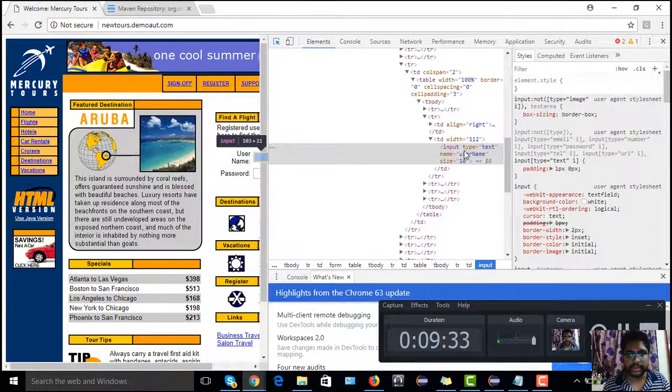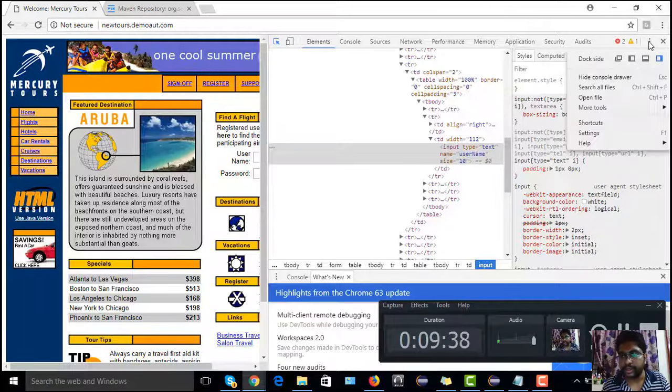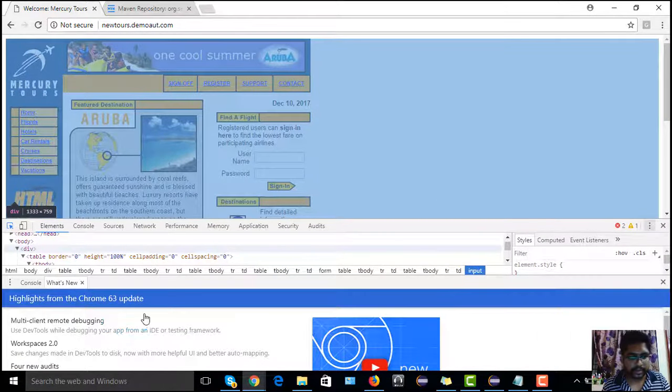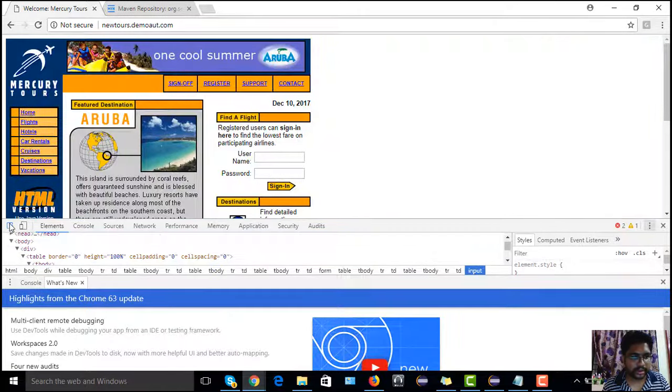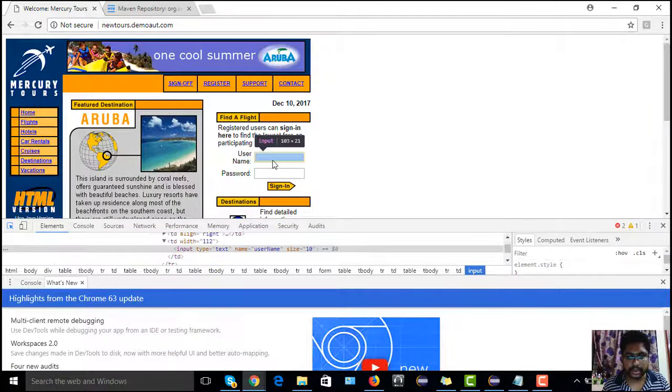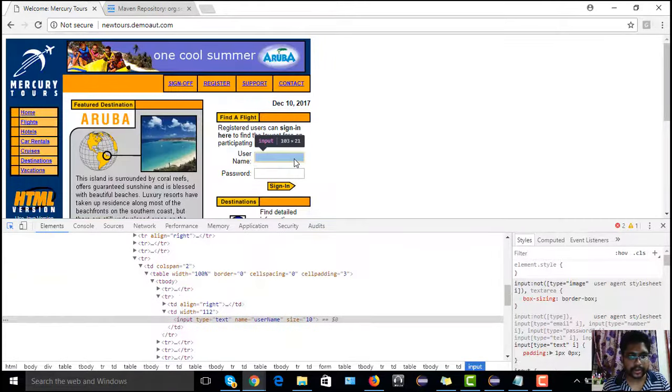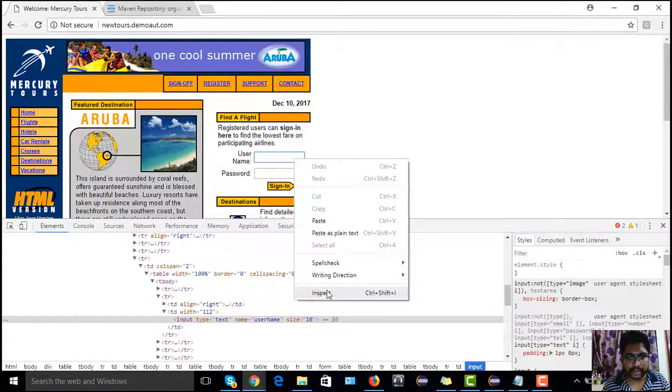It is a bit clumsy, so I'm moving it down. Okay, fine. So I will say right click, inspect.